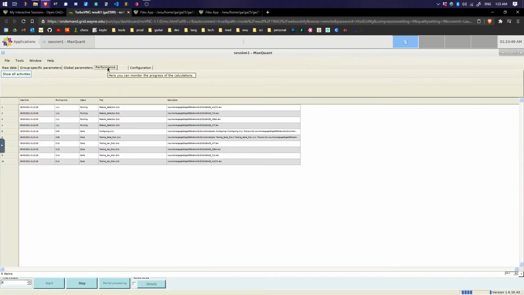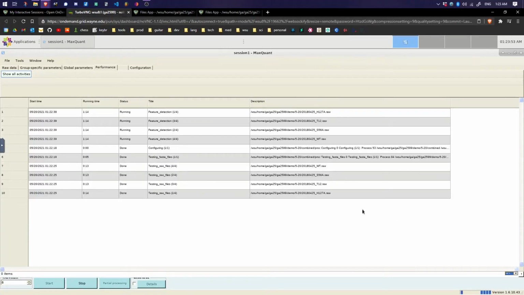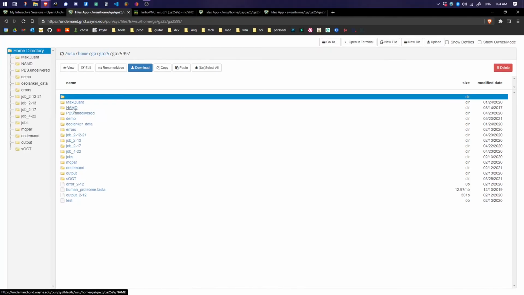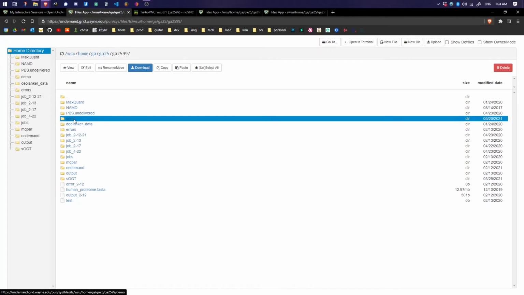But yeah, as you can see here, we're getting some results. So it's just starting with feature detection as usual. And then I guess one thing to look for is what it's going to look like when it's done. So just make sure you don't hit this button. It will exit MaxQuant, but you can exit out of the browser or the tab. If I go back to our home directory, what the data will look like when it's done